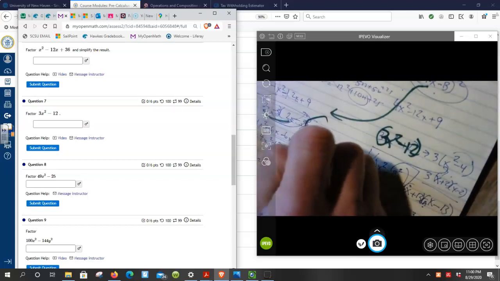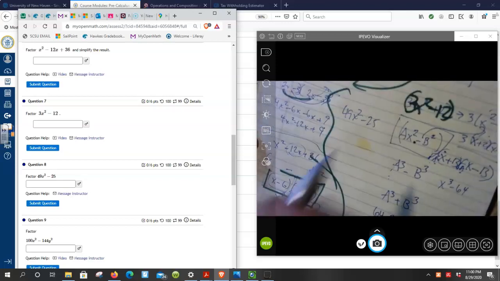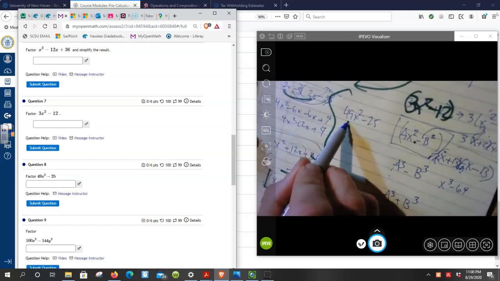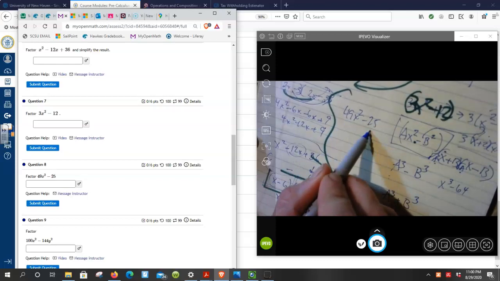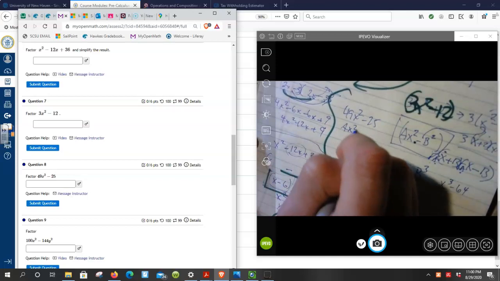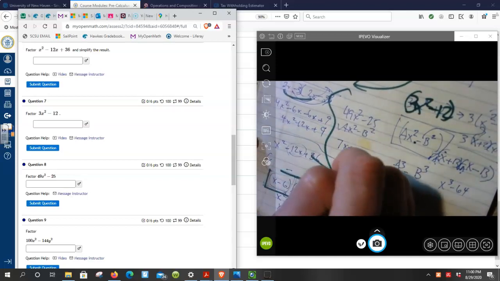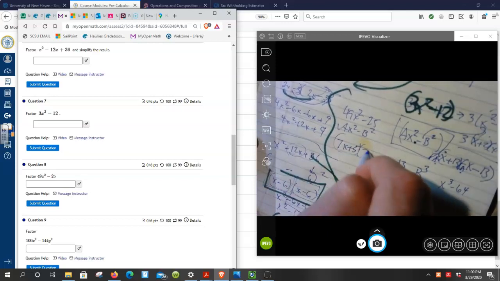You have 49x squared minus 25. So you should notice right away that that's a perfect square. 7 times 7, 5 times 5. Okay, so this is a case of a squared minus b squared. So it's going to be the square root of a, which is going to be 7x plus 5 and 7x minus